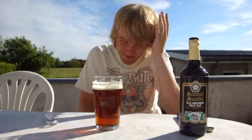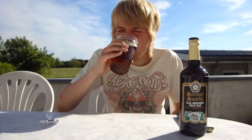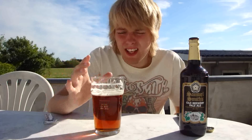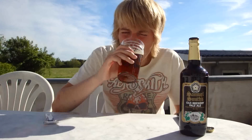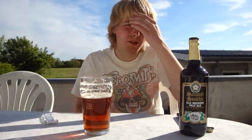Oh, yeah, that's actually pretty good. Much more malty than your average Pale Ale. Since it's an English Pale Ale, it's not as hoppy. It's still quite bitter. Body is a medium body, bordering on a light and weak body, and it's a slightly thin, almost watery mouthfeel. This is actually quite good. It's very malty, a lot of caramel malts, some sweet malts as well. I actually get a